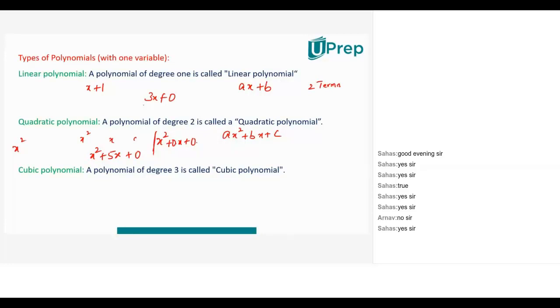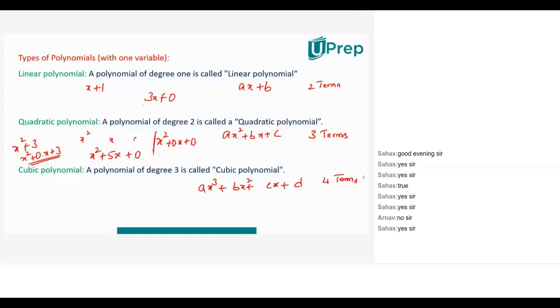But after that I can add zeros. I can have x square plus 3. Is it a quadratic polynomial? Yes, the highest degree is 2. But it is not standard form. Standard form becomes x square plus 0 times x plus 3. So now this is standard form. So my point is, for a standard quadratic, if the degree is 2, then I'll have 3 terms. If the degree is 3, what should be the standard form? A x cube one term, B x square another term, C x third term, constant D. How many terms are there in this? There are 4 terms.